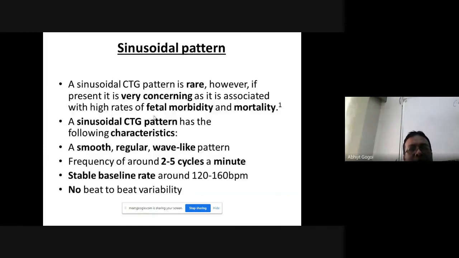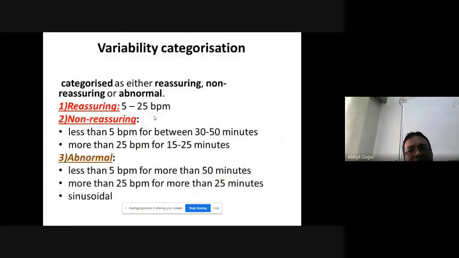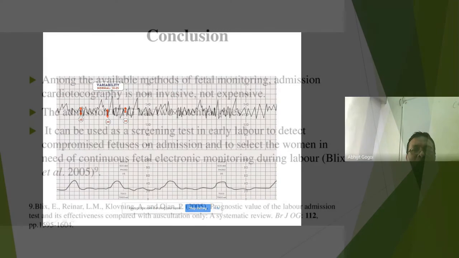A good CTG should be zigzag, with more variability and more accelerations. That is good. So there is no deceleration. There is uterine contraction, labor has started, but you don't see any deceleration. It means the head is not yet engaged. Once the head is engaged, it will be compressed when the uterus contracts, and there will be vagal stimulation.